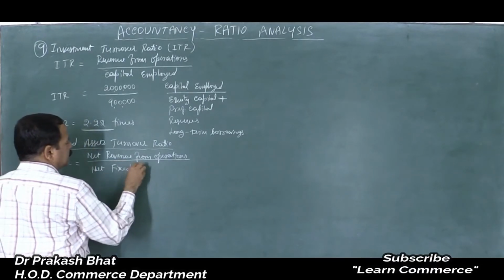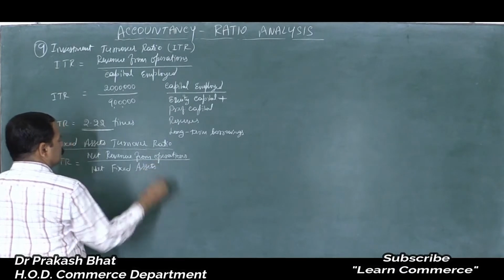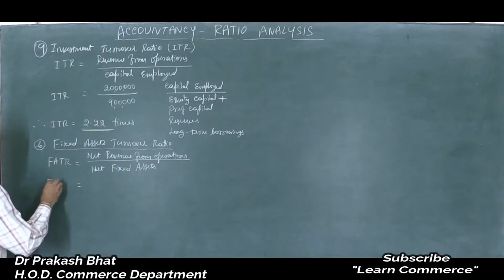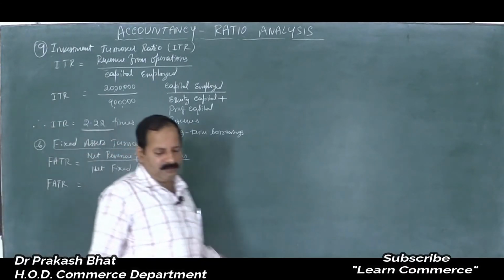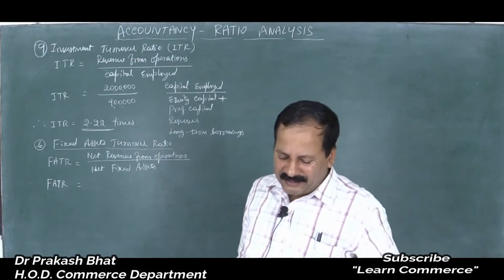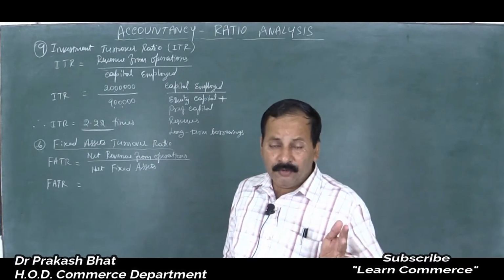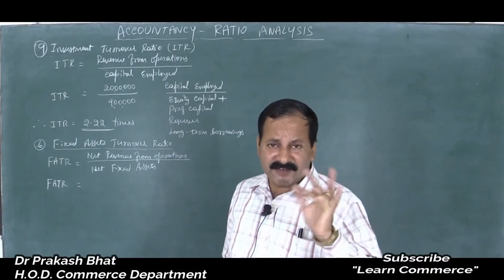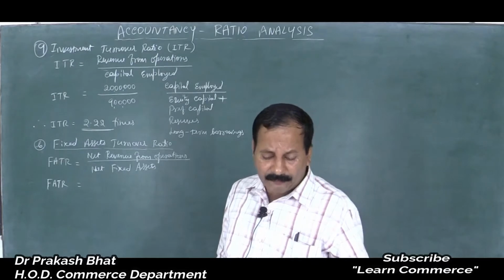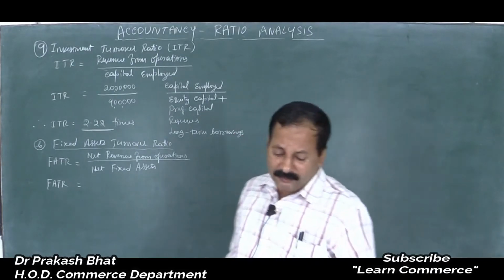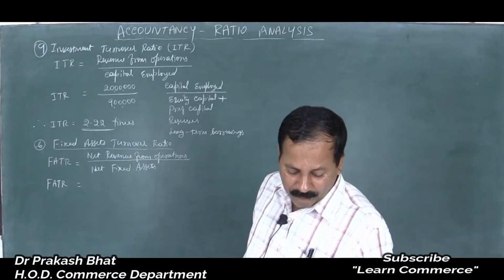Net fixed assets. FATR is equal to net revenue from operations. Net revenue means what? Revenue from operations minus sales returns, then we will get net revenue from operations. Here there are no sales returns, so the amount given itself is the net revenue from operations, that is 20 lakh